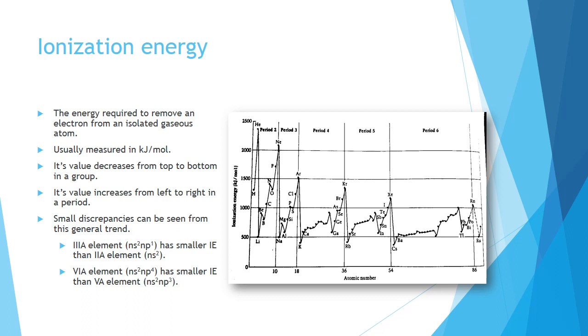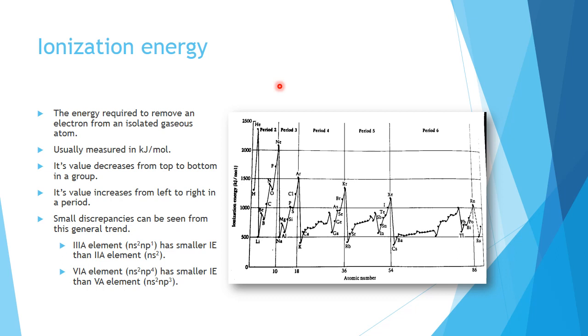This graph is presented in front. I've taken this graph from the general chemistry book by Darrell D. Ewing. In this graph, we can easily see that the lowest ionization energy values correspond to the alkali metals here. And due to this property, alkali metals are very good metals, because metals by definition are those substances which give out electrons very easily, and alkali metals give out their electrons very easily. If we provide a very small amount of energy, they give out their electrons. Therefore, they are very good metals.